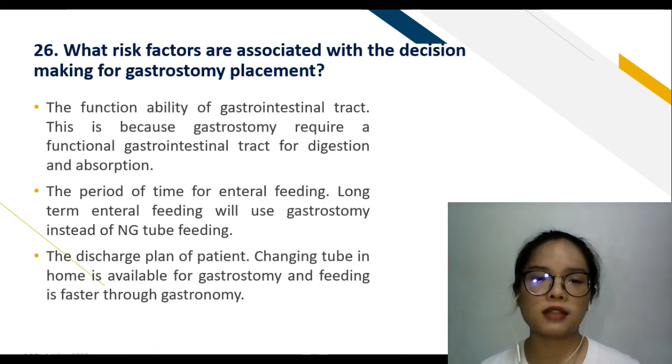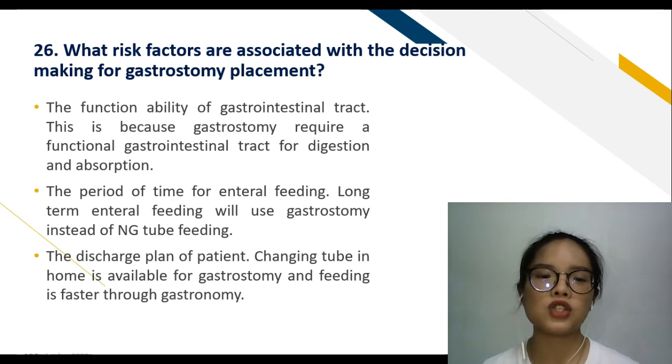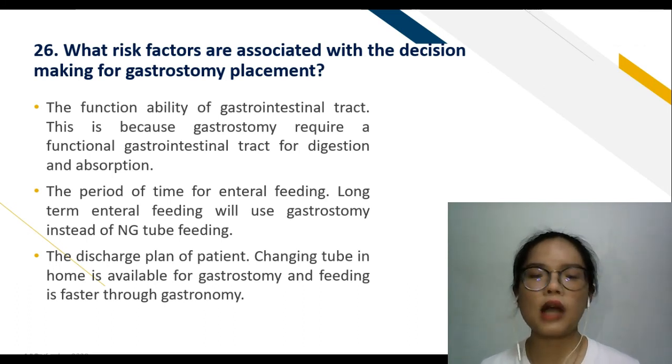The risk factors associated with the decision to place a gastrostomy: first is the functional ability of the gastrointestinal tract, because gastrostomy requires a functional gastrointestinal tract for digestion and absorption. The period of time of the enteral feeding is also one of the factors that affect our decision making. Normally, only for long-term enteral feeding will we choose a gastrostomy instead of nasogastric tube feeding,